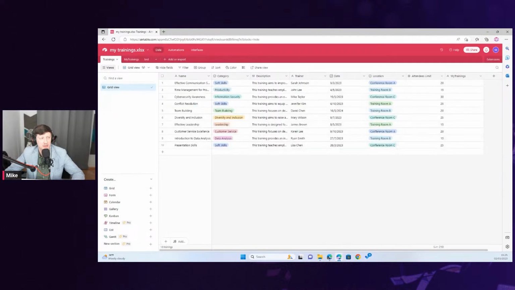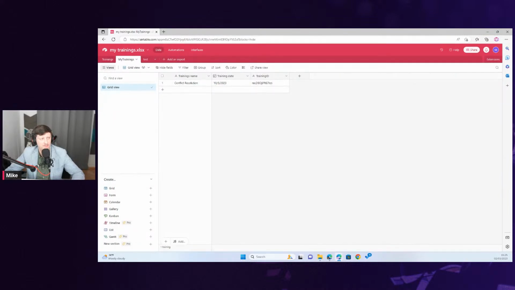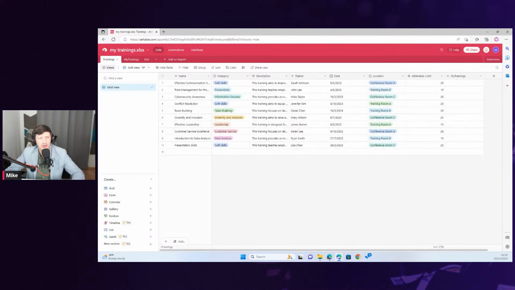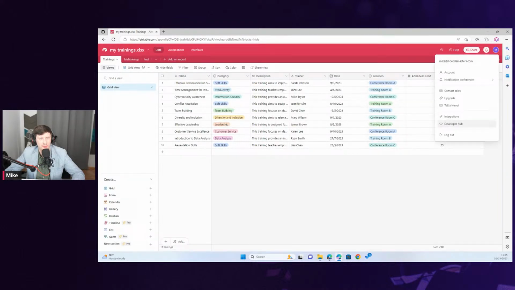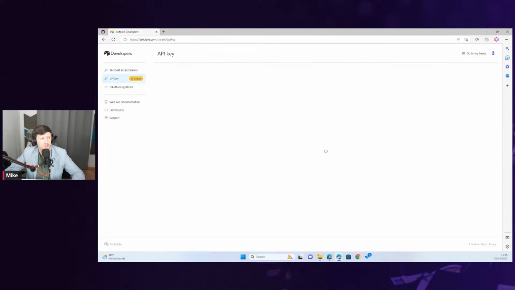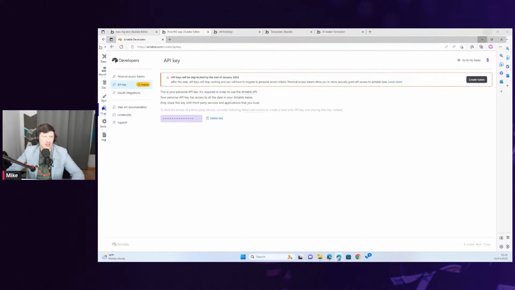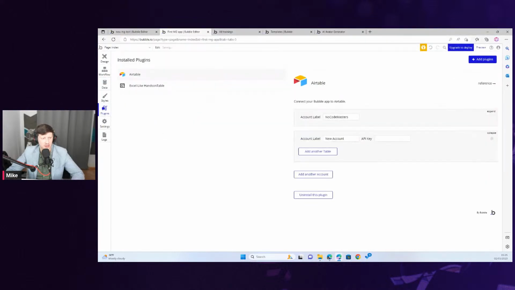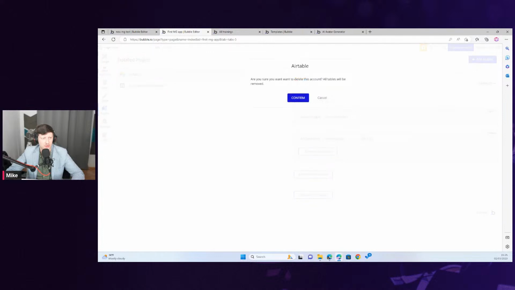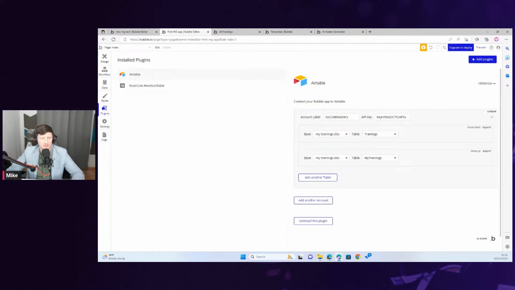Once you have these tables, you need to get your API key to be able to integrate it with Bubble. And in Bubble, you have a simple wizard to define what kind of tables you want to use. Actually, I can show it to you. Why not? Confirm, expand. Yeah, you can see here my API key. Whatever, I'll delete it later on.